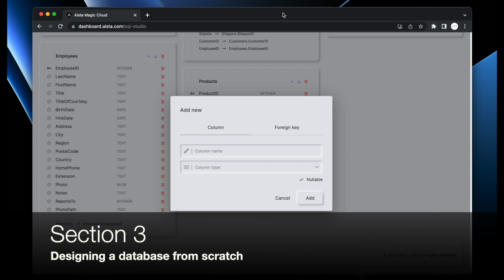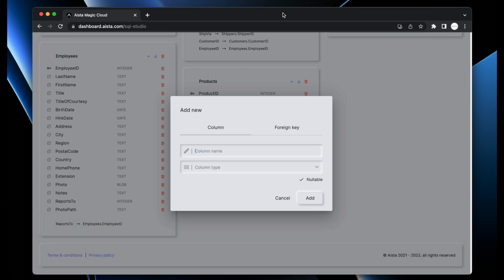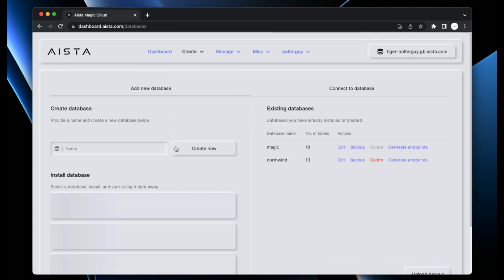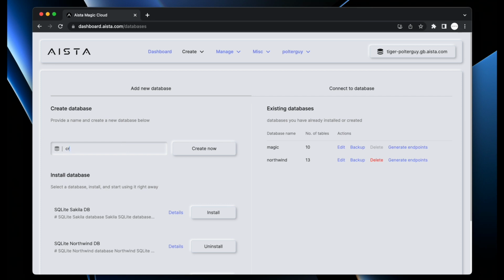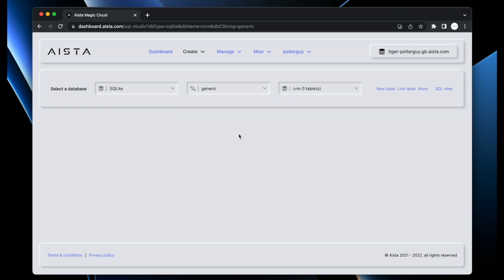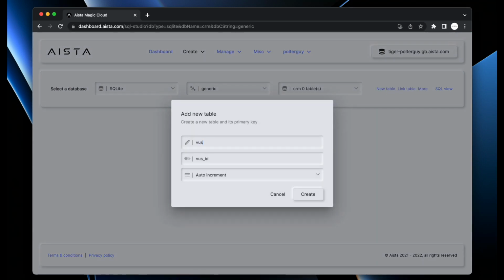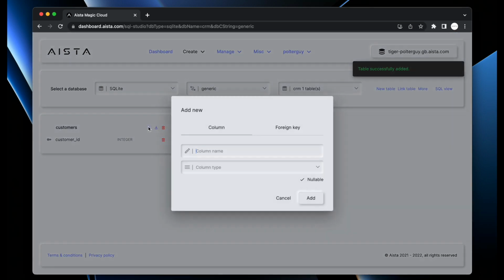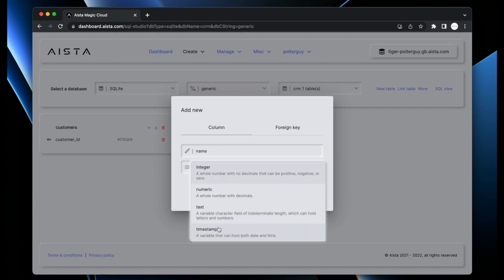However, maybe you want to start out by creating an app entirely from scratch. At this point, you can just go up here. Yet again, you start out at create/databases, and then you can create your own database. Let's call ours CRM. At which point you see now we have created a new database. It doesn't have any tables originally, but we can easily fix that by clicking the edit button here. At which point we're brought on here, and we can create a table, customers. Let's use the singular form on the primary key, and then we can start adding fields, name, column type,